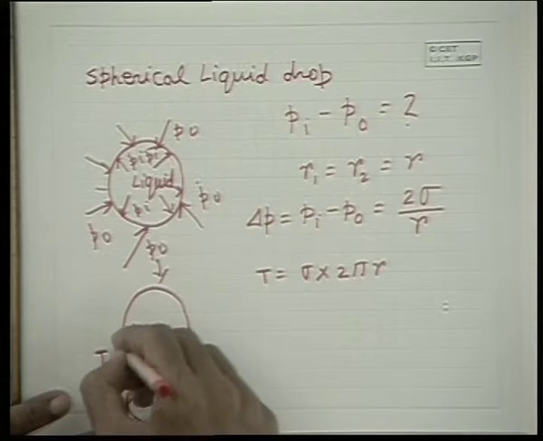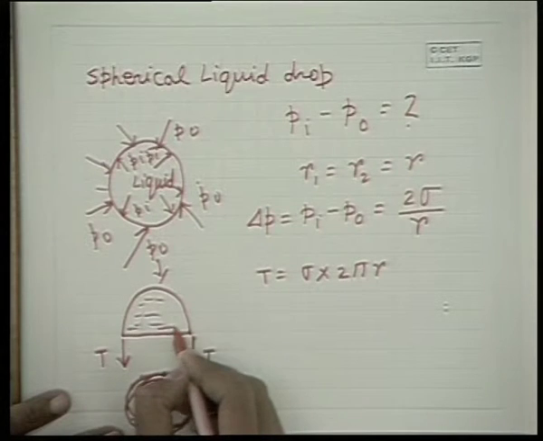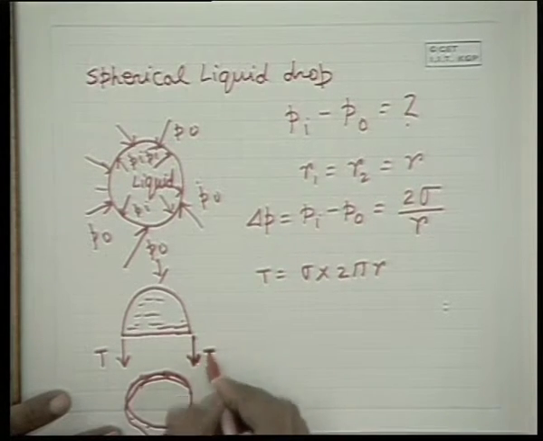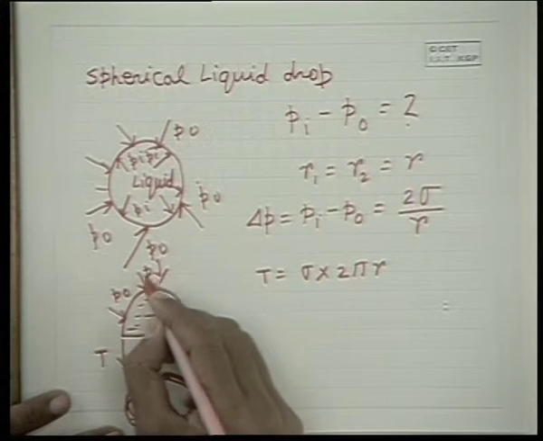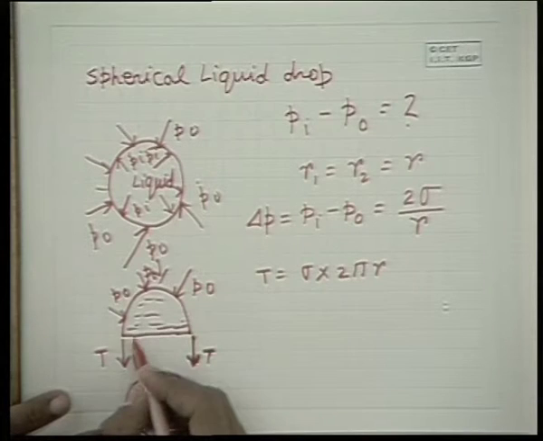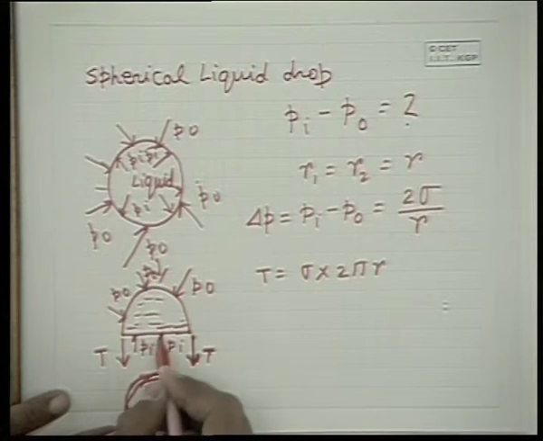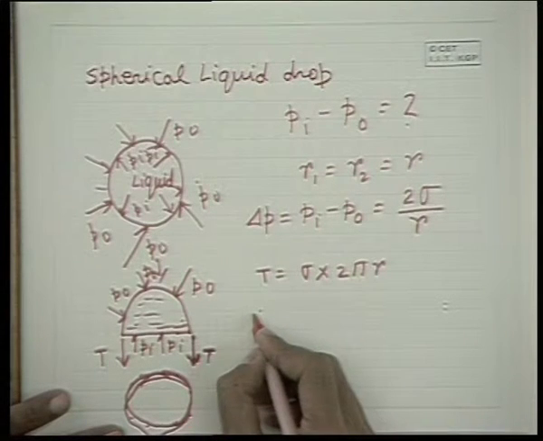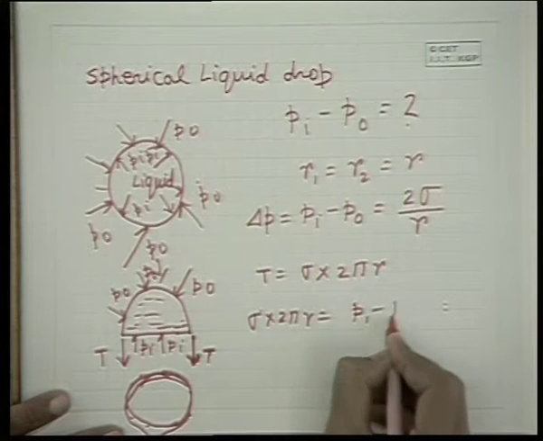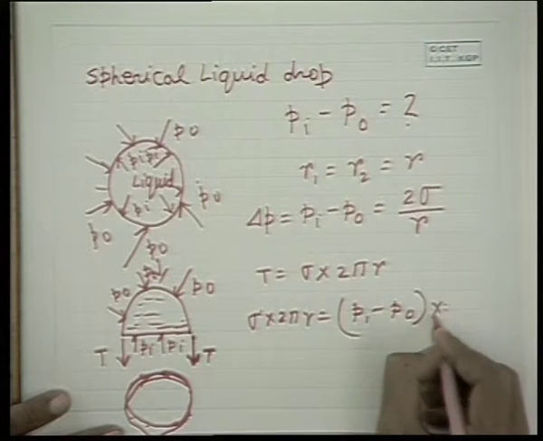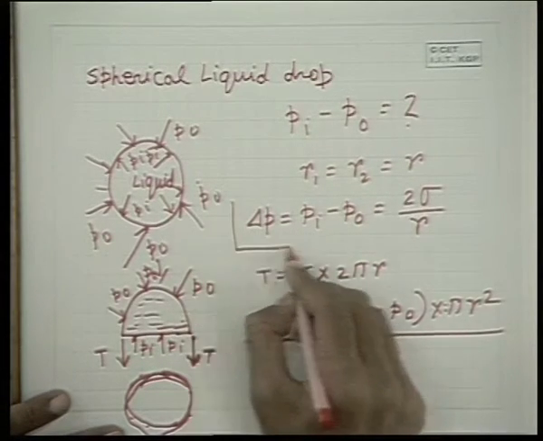That means it is in the entire periphery. If you cut the surface, this is the liquid, then you get a surface tension force coming as an external force. The external pressure P0 acts as it is outside, and the pressure force Pi then comes as an external force like this. So therefore you can write sigma into 2 pi R is equal to Pi minus P0 into pi R square, a force balance. This will give you the same result.